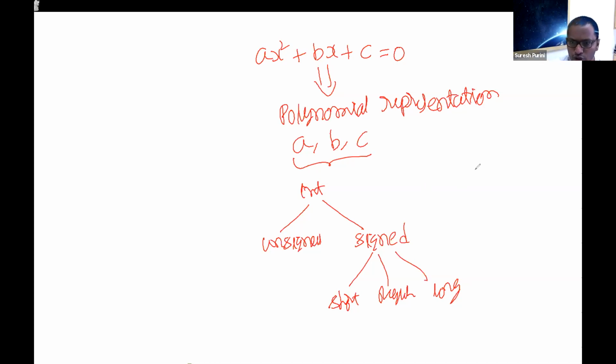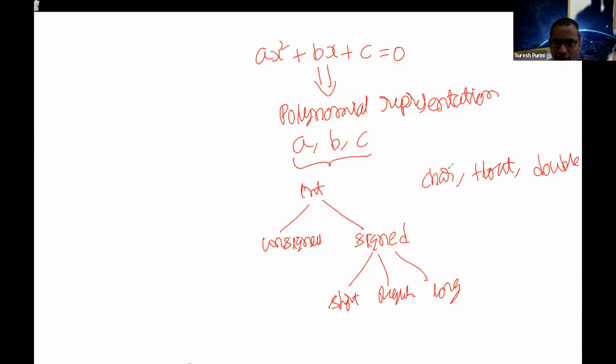Or do you want to use float, or double, or char? So what is the data type for these coefficients A, B, C is the question. For this problem, it can be either float or double depending upon the problem requirement,